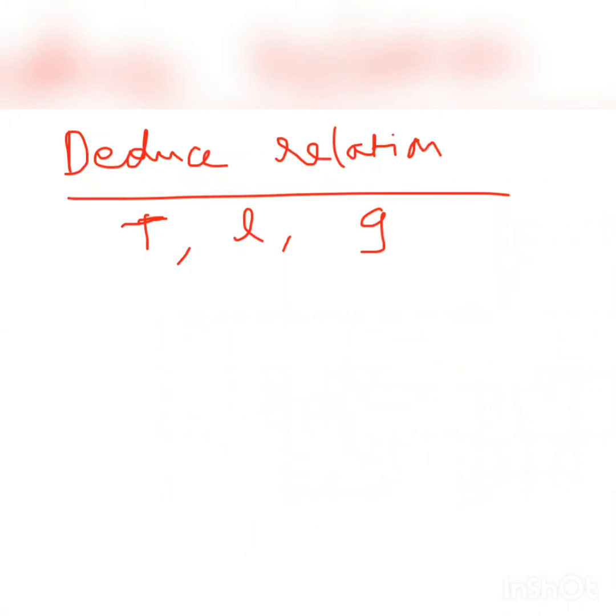So take one term on the LHS side. Suppose I take T. I can write T is proportional to L power X, G power Y. You write like that first. We don't know what powers we will get here. Always among these three, you take one term on the LHS side with the proportionality symbol, and on the RHS side you keep the other terms L and G with powers X and Y. If you remove the proportionality symbol, I can write T is equal to some proportionality constant K. K is a proportionality constant, in no way linked with our dimensional formula. X and Y are also constants.